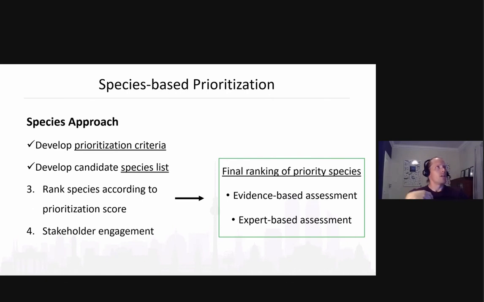Obviously, the amount of effort that is required to run each species through the assessment is quite high. So it depends on how many people you can get on board to perform the assessment. For this, it was just myself, so we did need to keep the number of species quite low initially. And I'll explain how we ended up expanding that list in a moment.